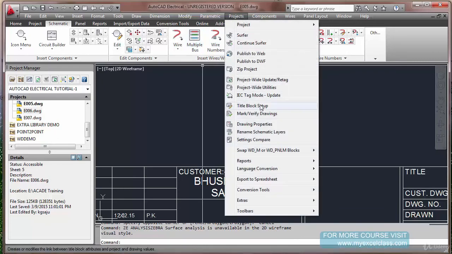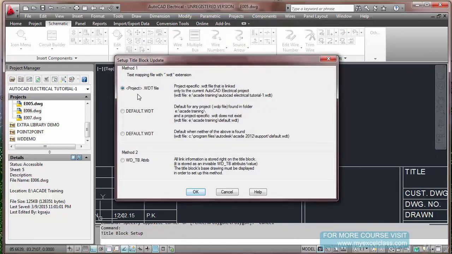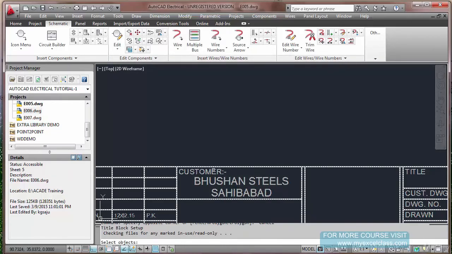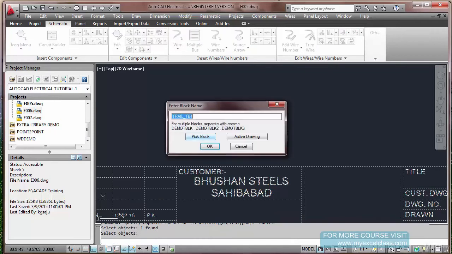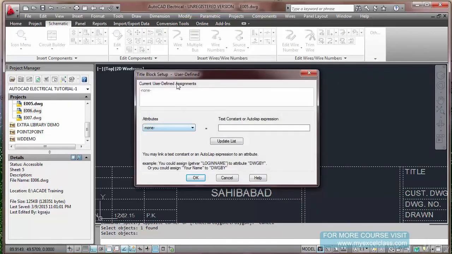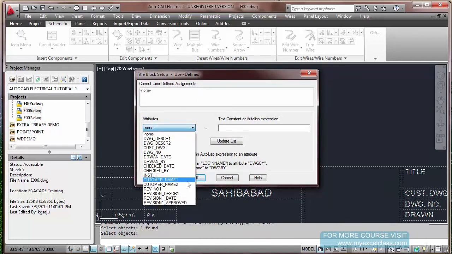Go to project, title block setup, this first option. The rest you have to learn on your own. Overwrite, just pick this. Okay, user defined, go here. Now you see this is totally empty. We know that Saibabad was customer name 2, and customer name 1 was provided for Bhushan Steel.